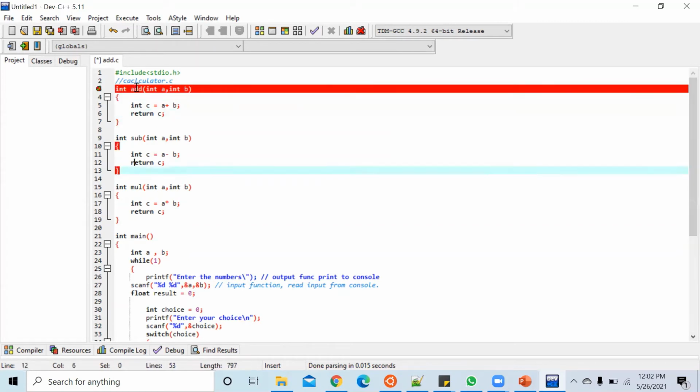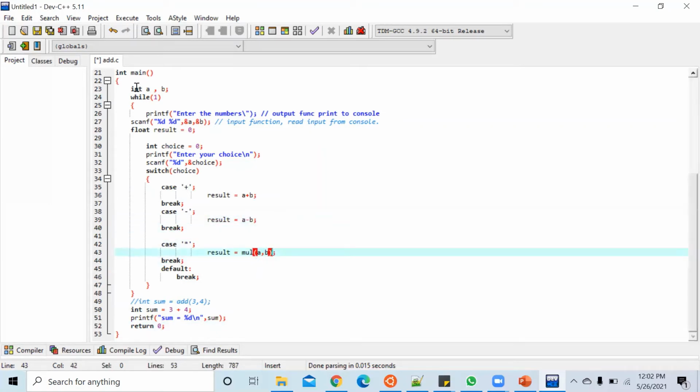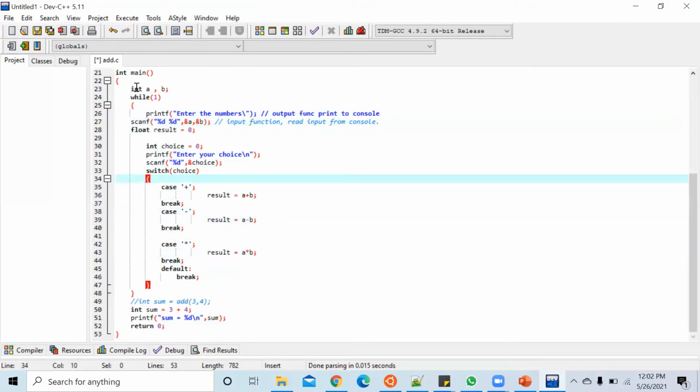See, I can also write this way. A plus B. A minus B. A star 2. This is also correct. This also gives the valid result. You can write the same code in a different way. Why I wrote it in a function is that I want to organize it in a proper way. When you are writing big code, if you break the big code into smaller functions, then it will be more readable and more understandable.